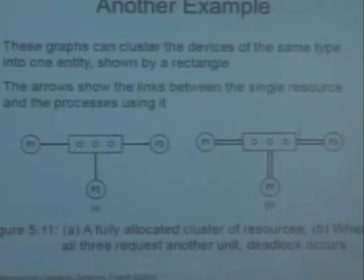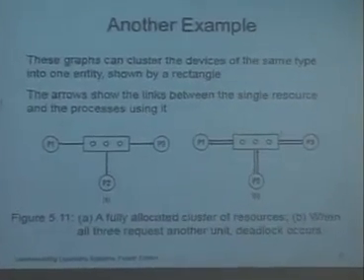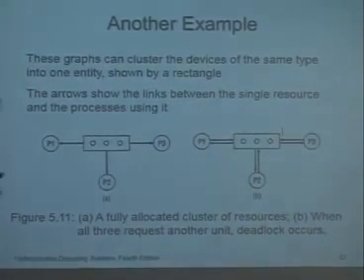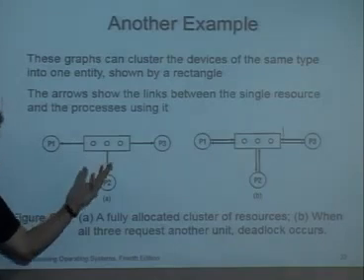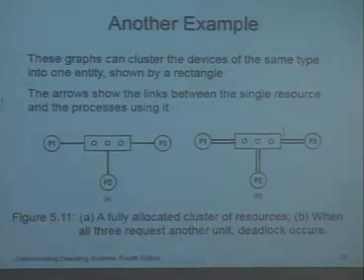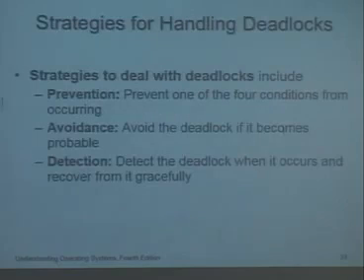And this is a cluster of resources where we have multiple instances of the same resource. The number of dots or circles inside the box will show the number of instances of that resource. So